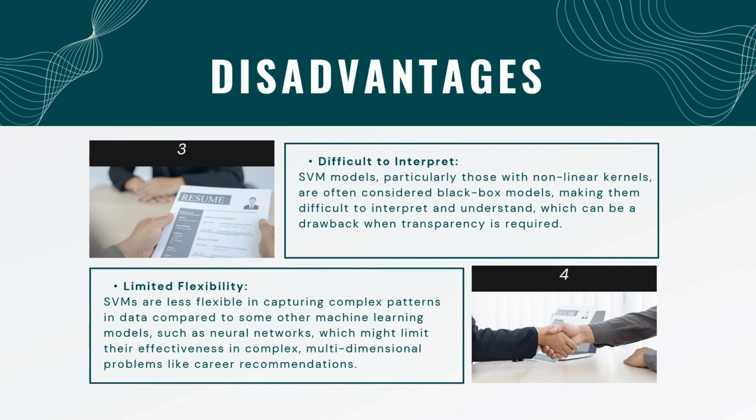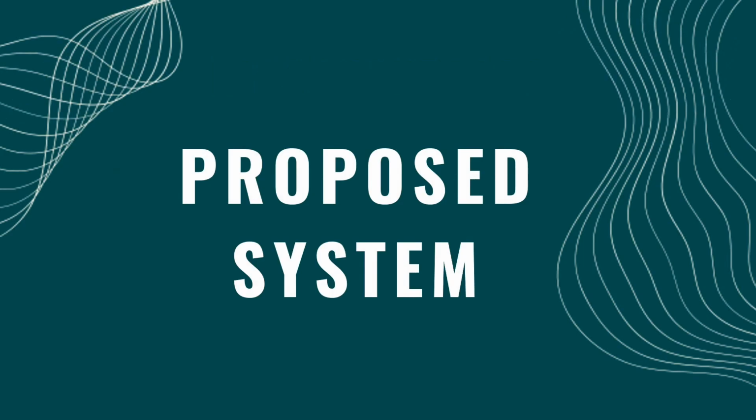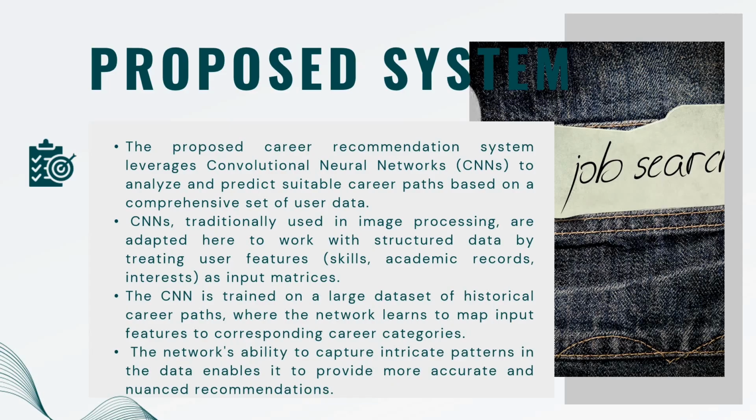These drawbacks are converted into advantages of our project. For example, our random forest algorithm is a flexible model, with low computational cost and low memory consumption. These drawbacks are already converted into advantages for our random forest model. So let me go on to the proposed system model. This is our project's proposed system model. As I mentioned earlier, the proposed system combines random forest as well as CNN.